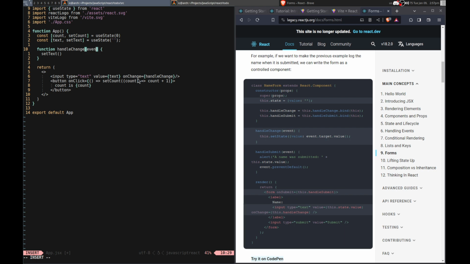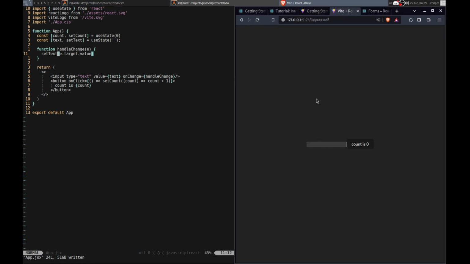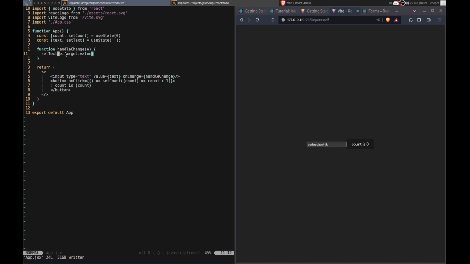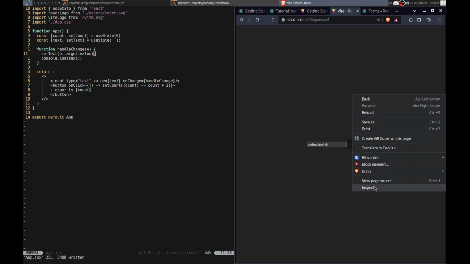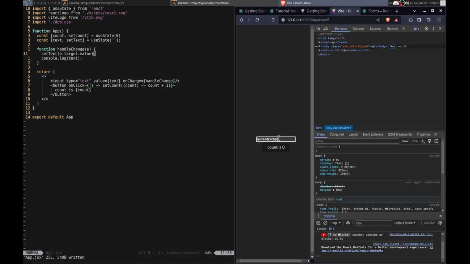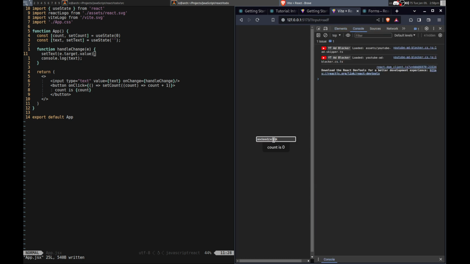Handle change. Yeah. So e then. I think I just call it e, right? And then e dot. Just copying what this says here. Yeah, set text. Alright, something like that. It's probably gonna tell me if I did stuff wrong. Maybe it won't. Alright, that looks like it worked actually. So then, what if I console.log and I can make sure it works? Console.log text. I don't think semicolons are required, but I like to put them anyway. So let's see. Does that work? Alright, that looks like it works.